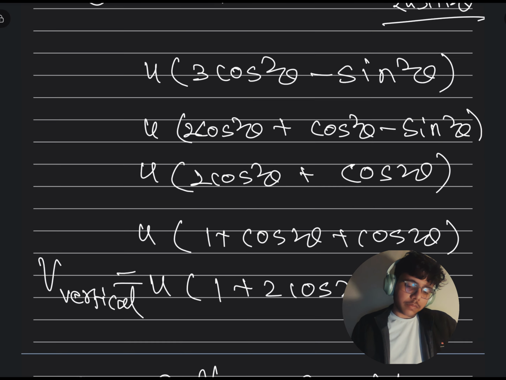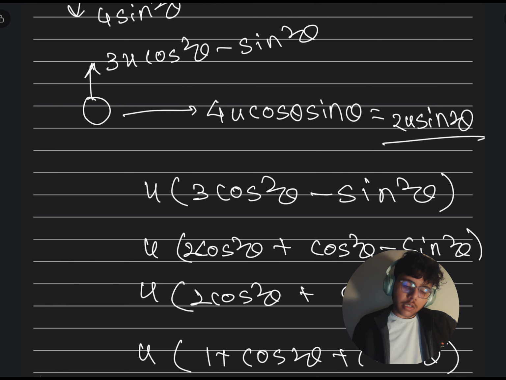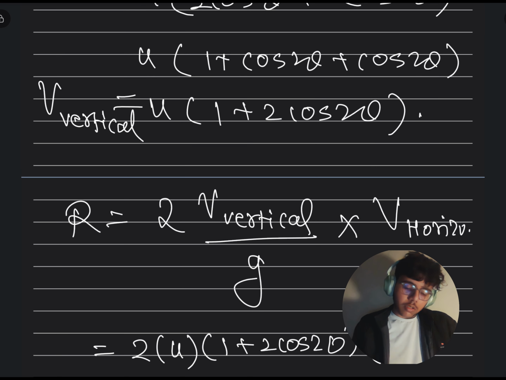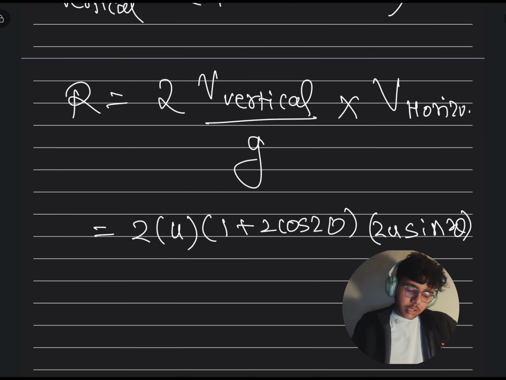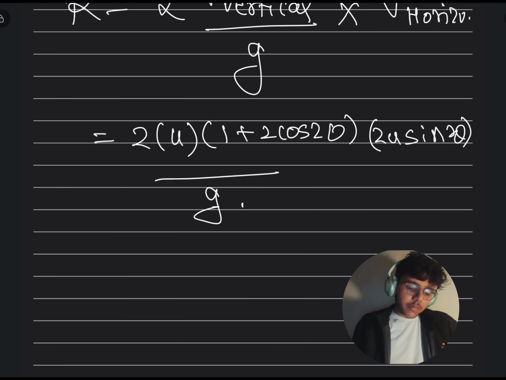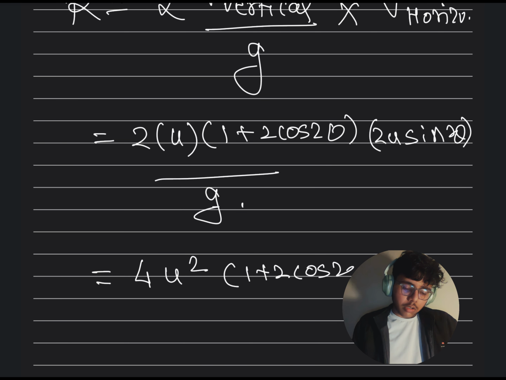What is v horizontal? Here it is 2u sin 2 theta upon g. So this 2 and this 2 becomes 4u square, and here it is 1 plus 2 cos 2 theta, and here it is sin 2 theta